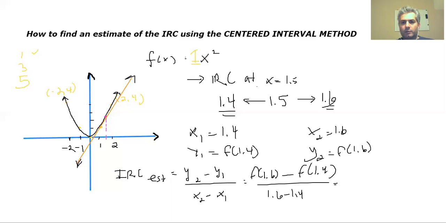And then what I'm going to do next is calculate the difference between f of 1.6 and f of 1.4. So f of 1.6, and my function is f of x equals x squared. So I'll put that into the function: 1.6 squared minus 1.4 squared, divided by the difference between 1.6 and 1.4, which is 0.2. And then all I need to do now is input that in the calculator. So 1.6 squared is 2.56,